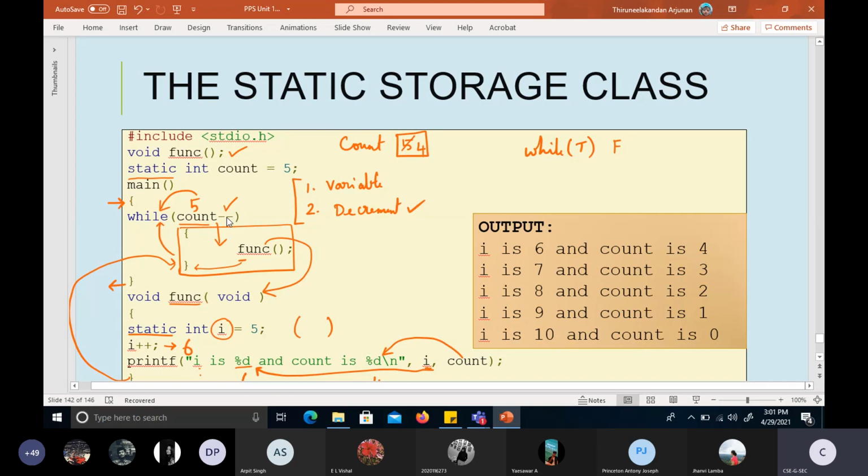So now again while of 4 will come, that is again a high number, so it is true. But before getting into the loop, it will also find this decrementation, so from 4 it will decrement to 3. With the value 3 it goes inside, and again it will call this function. Now the previous value of i is 6, right? Previously we incremented the i value to 6, no? That value will remain staying here. So when we come again to the function, the i value will not be reinitialized to 5. It will retain its previous incremented value of 6 and then it will again increment and become 7.